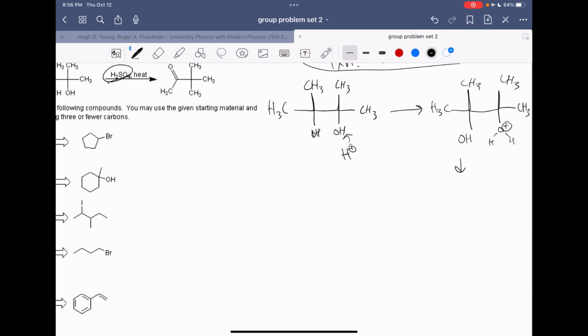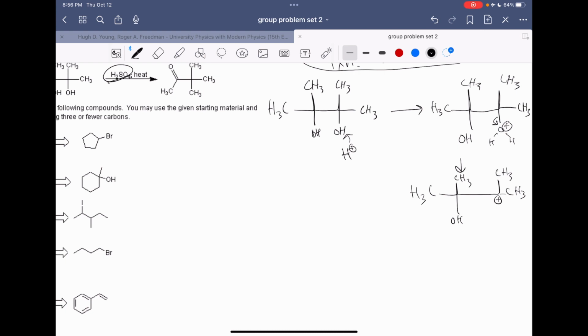And then the next step is kind of easy. I'm sure this looks similar. It's just water, so it basically rips away from the atom, takes the electrons from this bond, and then you are left with a hole in the structure and a positive carbocation right there. And then at this point,